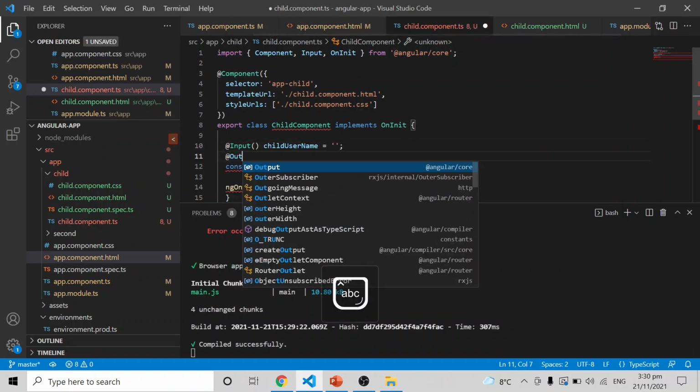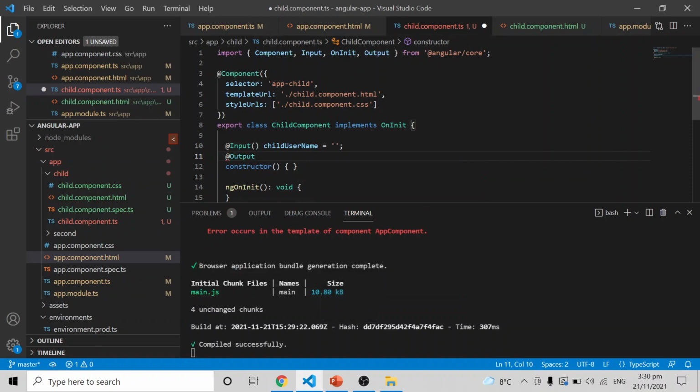So @Output is a variable and which has the type of event emitter. Okay, so input is fine, but @Output also uses an event emitter to notify. Okay, something has been changed in the child.